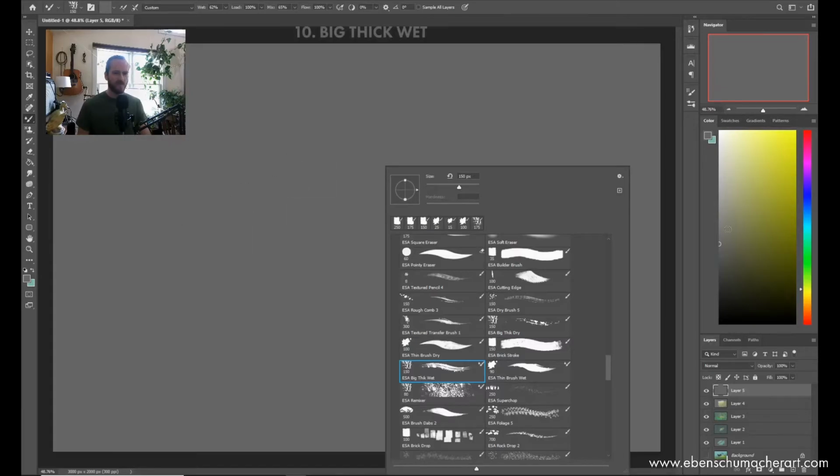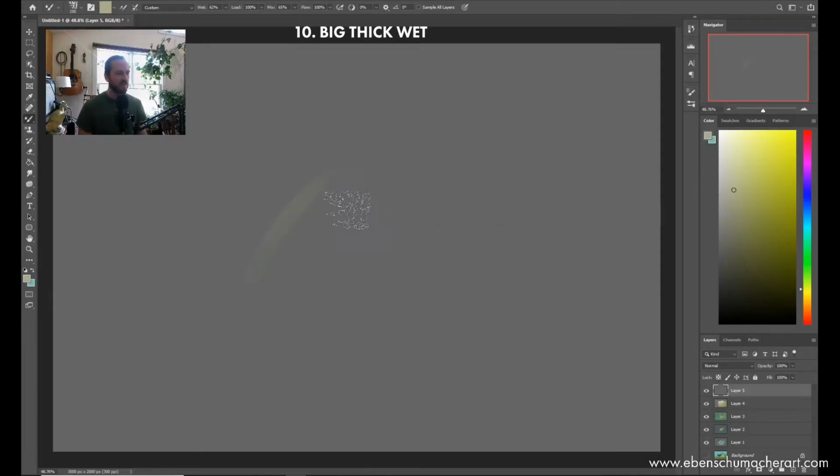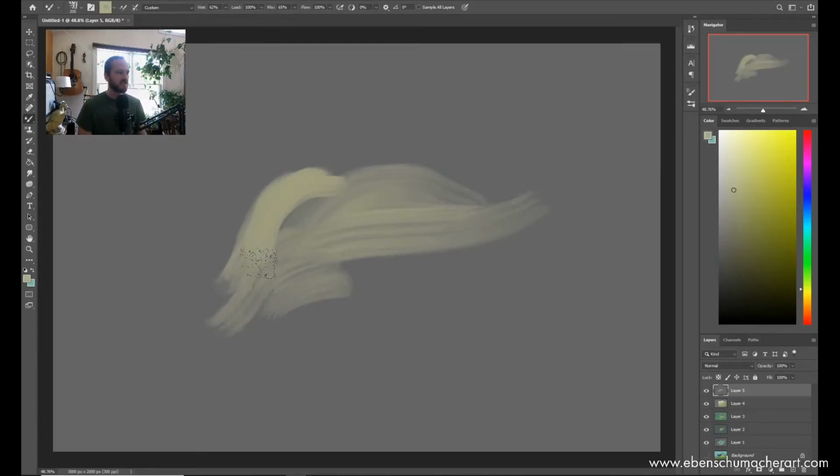Big Thick Wet. That's right. It's very similar to the Big Thick Dry, but it is a mixer brush. So we take the same texture and we apply it to a mixer brush with a high load setting, and it has a 60% wet setting, which means it's going to mix really well on your canvas with paint that you've already put down. And this is, I think, one of the brushes I've made here that gets the closest to the actual feeling of using oil on your